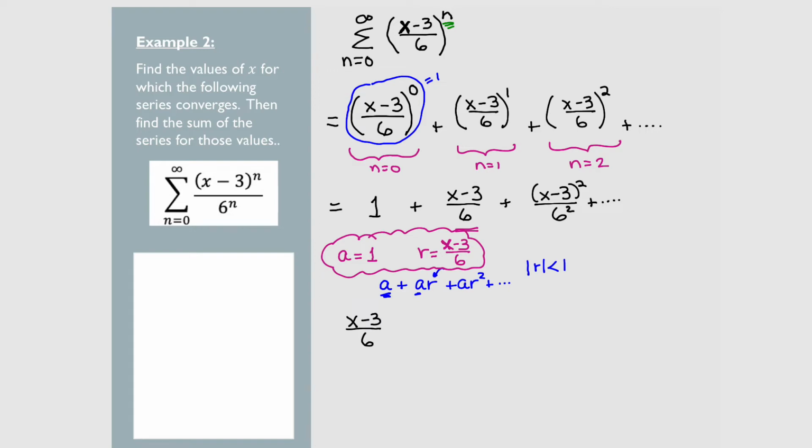And for it to converge, I need that whole expression in absolute value to be less than 1. And notice this now is coming into a concept from algebra. When I have an absolute value inequality, what I'm talking about is the distance from 0. And so what I'm saying is that this expression has to lie within 1 unit of 0 on the number